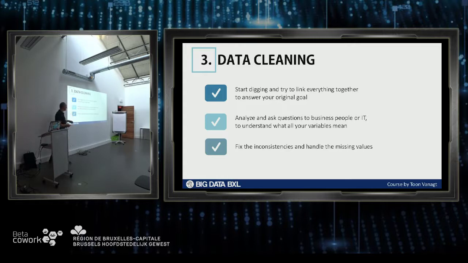Now, fix inconsistencies and handle the missing values. That's a very, very hard one, because you might find errors in the data sets, but you might not have the authority to correct them. And so it's very hard to say, am I going to label it as missing? Or can I deduce that I have another field where I have the same element, and am I going to insert that one? Or if I have that element in two different spots in my data lake, which one is the authoritative source with the highest probability to have the good value?